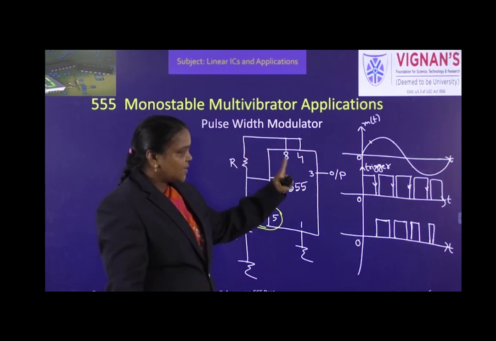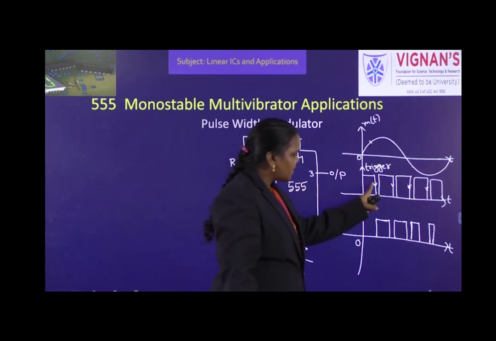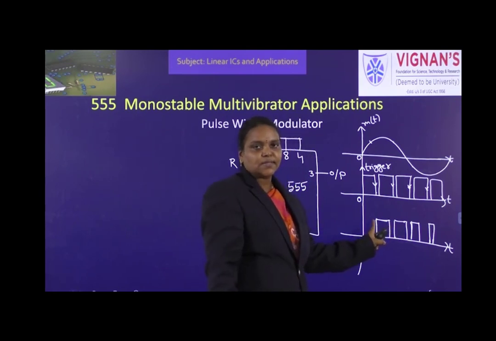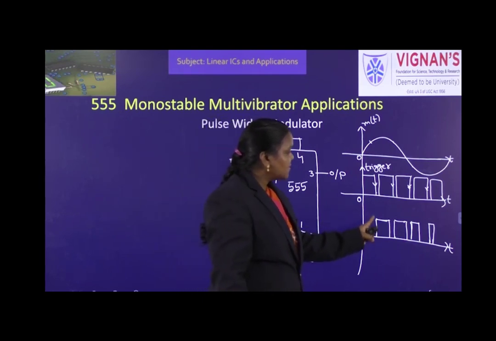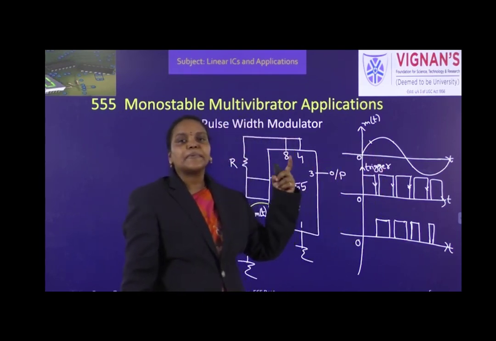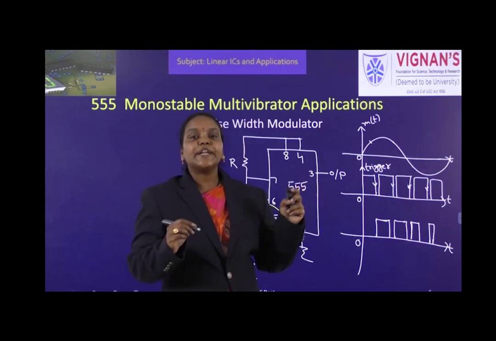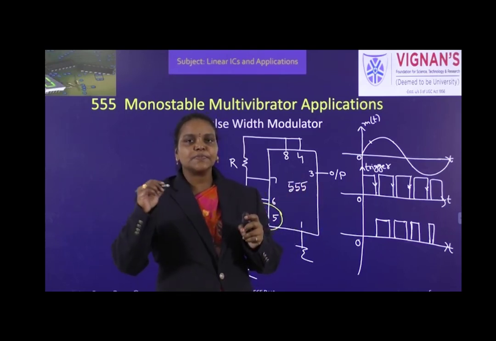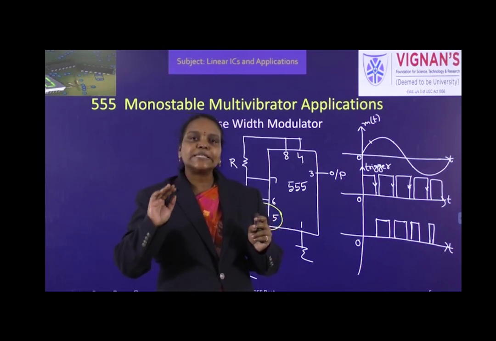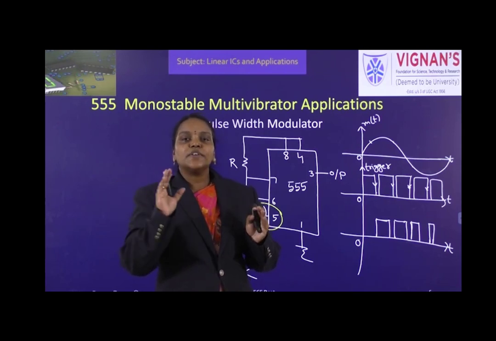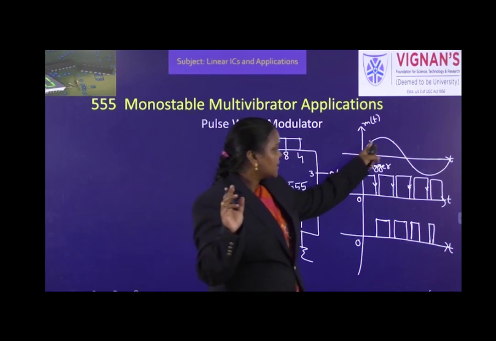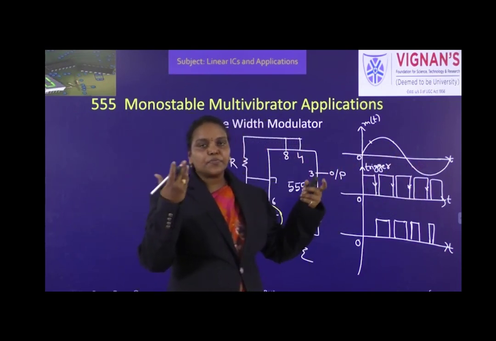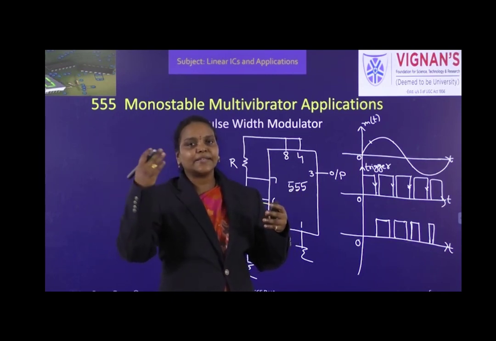Okay, if message signal is not there, for every on period it maintains constant time, that is 1.09 RC. But here, because of this message signal which we are applying at the 2/3 VCC pin, every time the capacitor is comparing its voltage with respect to the 5th pin. So the 5th pin is now not at 2/3 VCC, it is 2/3 VCC plus m of t. And 2/3 VCC is fixed DC voltage, but m of t is variable. So it is varying like this. It is having positive values, negative values and different magnitudes also.